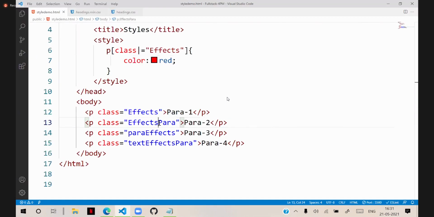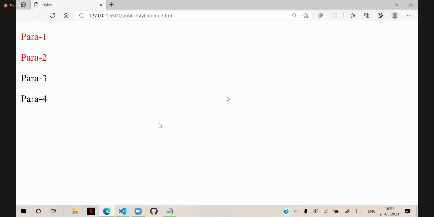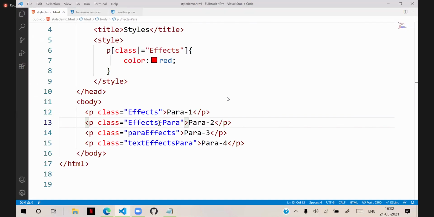If anyone is having a hyphen, then this one is also applied. But the word should start with effects and should contain hyphen. That is the option that's important here. So we can manage and define this.